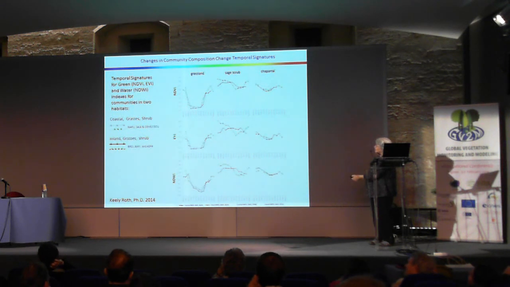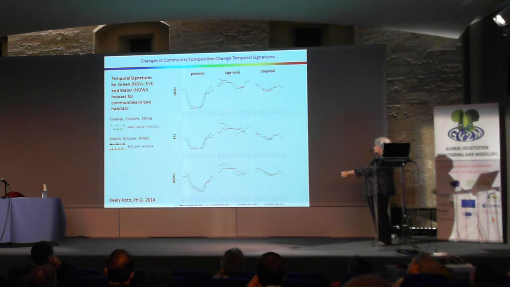Both the ecosystem conditions and the species are affecting these traits. Here I show three traits: NDVI and EVI for greenness, and this one for water content. You can't really see the gray bars, but looking at two types, the same communities, but in coastal and inland,